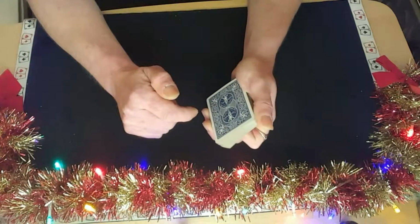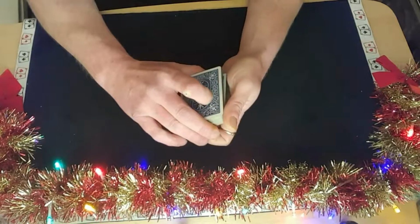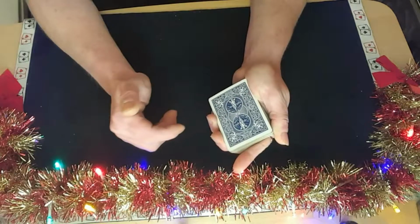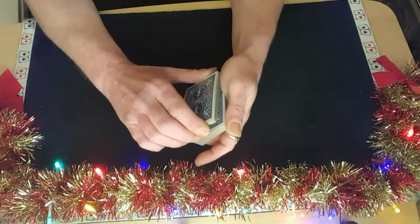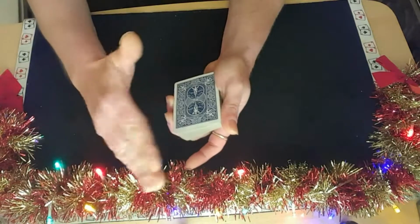And you just tell them to riffle their thumb down the corner of the packet and say stop whenever they like, because this is called a riffle force. Wherever they say stop, say they say stop there, and as you can see that is way above my break. So they've said to stop there, so you just bring your hand over